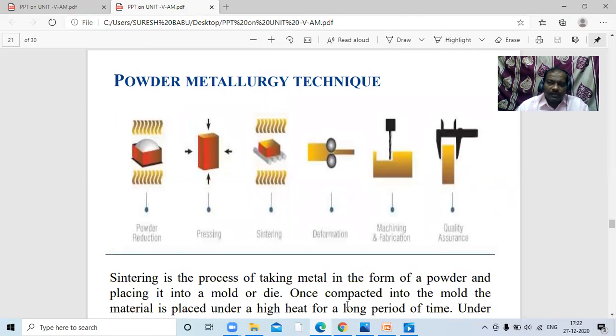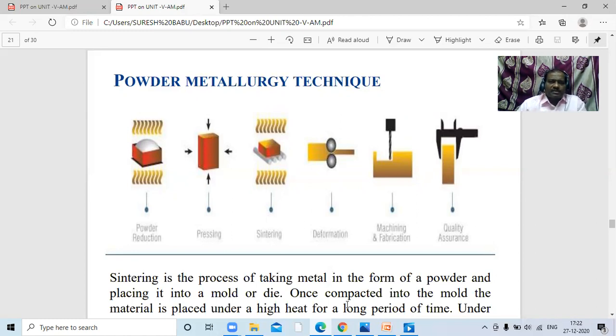For converting the raw material in the form of powder to a product, there is a sequence of steps. When those steps are completed, we prepare the product.